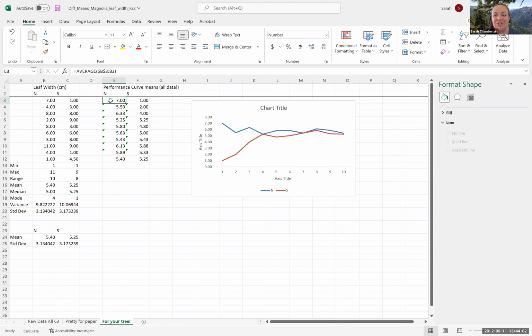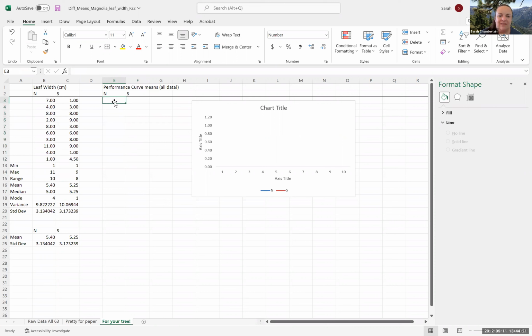Remember that a performance curve is essentially a running mean. It's the mean of the first number, then the mean of the first two numbers, then the mean of the first three numbers, and so on. The way you set up that equation, I'll even do it real fast: you click on that cell, and it's equal to the average, because that's what they call the mean, of this cell, colon, same cell,